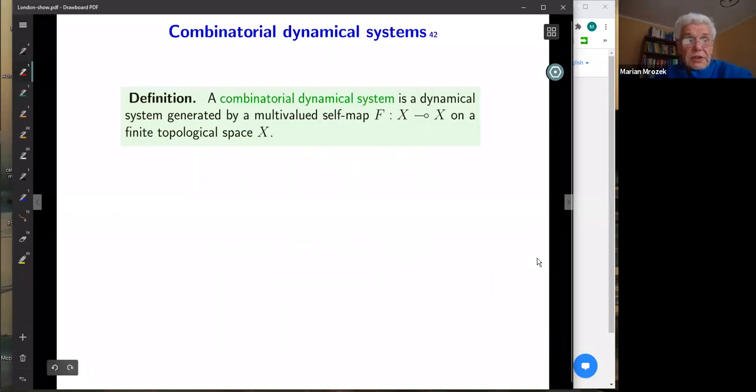Okay, so that was this brief introduction to finite topological spaces. And now a definition: a combinatorial dynamical system is a dynamical system generated by a multivalued self-map on a finite topological space. So I explained why multivalued, and